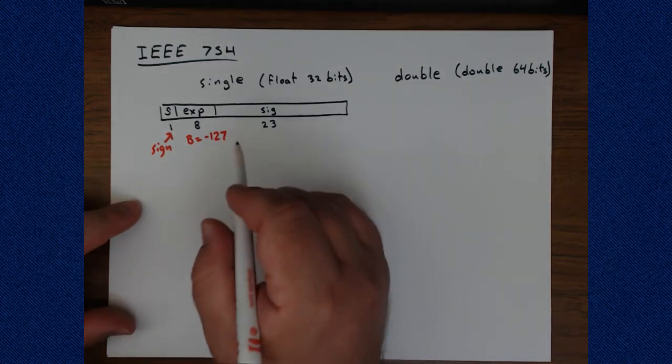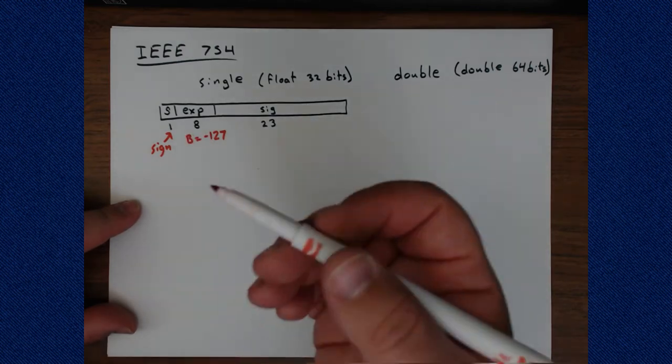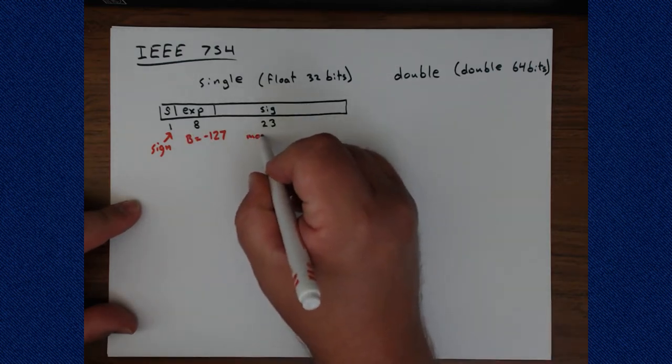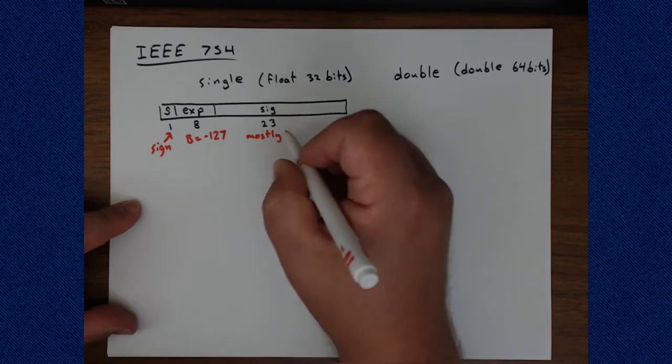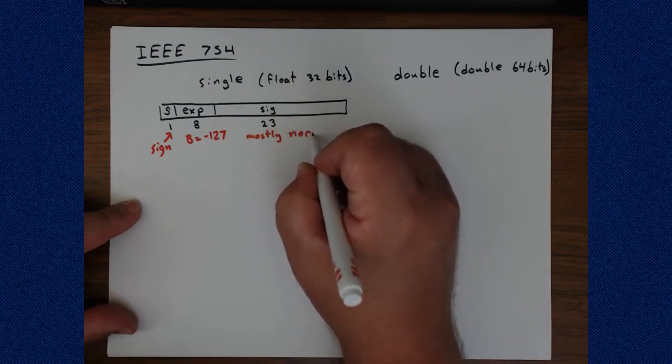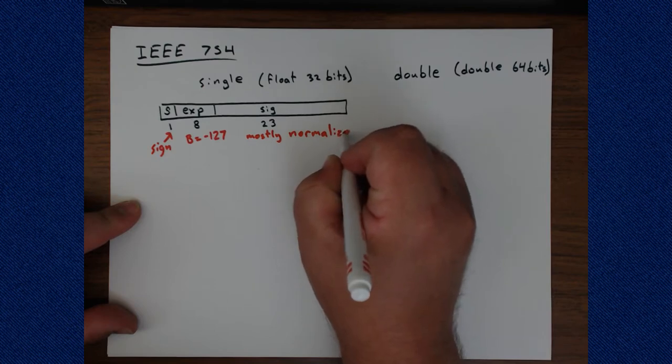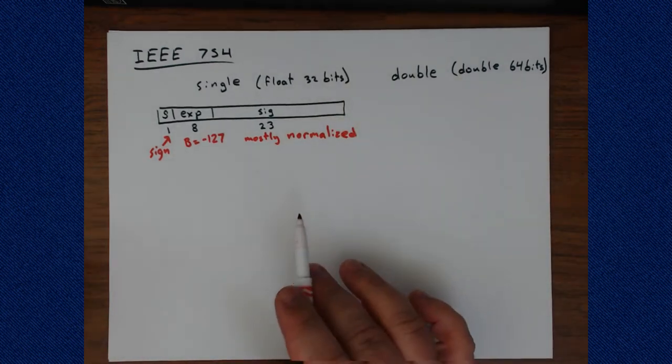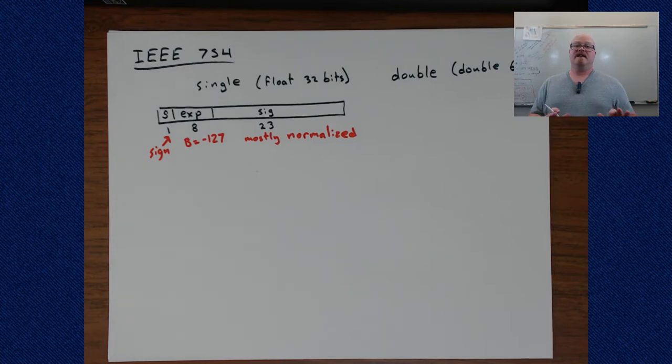Now here in the significand, we have to know whether it's denormalized or normalized. And the best thing I can say to make this brief is that this is mostly normalized. What I mean by that is that generally speaking, most of the numbers you're going to come across represented in a 32-bit float based on the IEEE 754 standard, the significand is going to be interpreted as if it were normalized, meaning that there was the extra 1. But the extra 1 does cause the problem of things like how do you represent the value